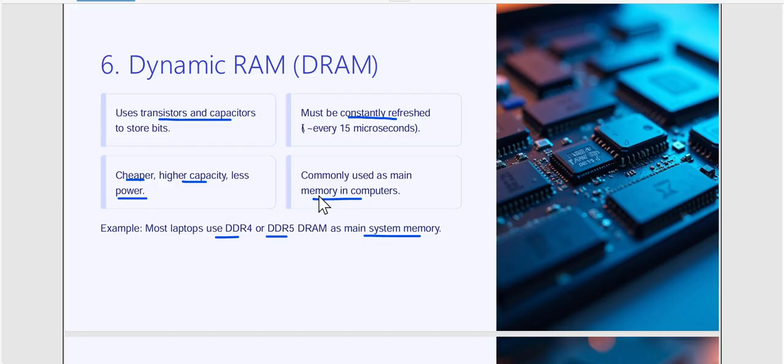If you are interested to open up your laptop, you can see the RAM as well, and it will be written on a kind of paper that is fixed on that RAM